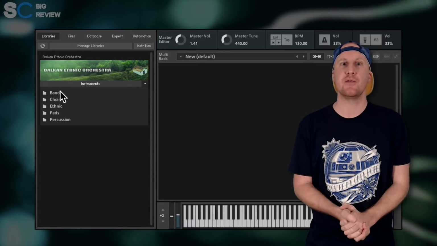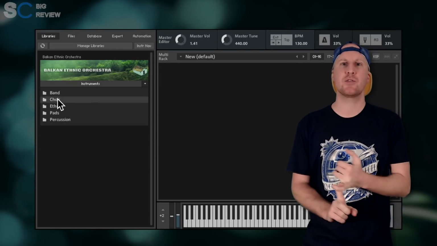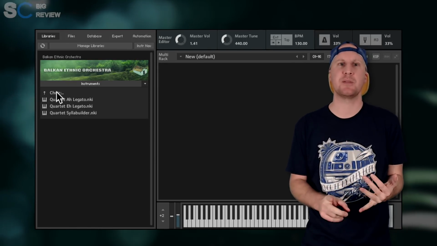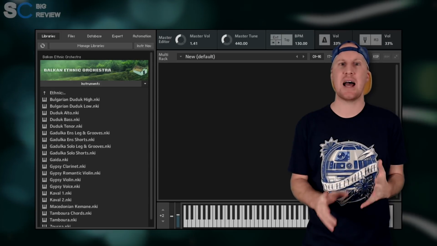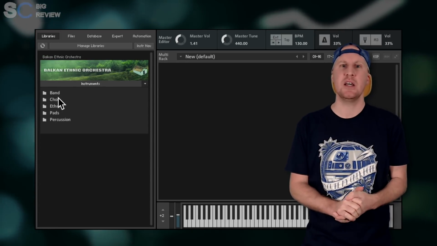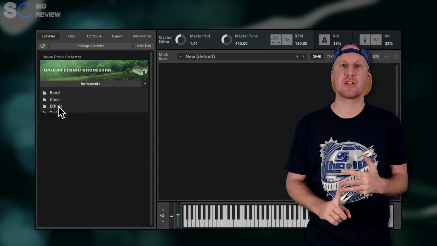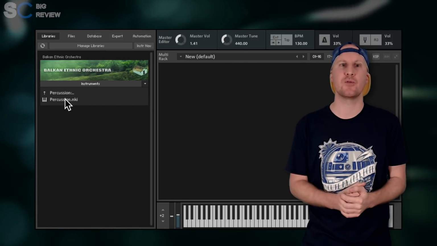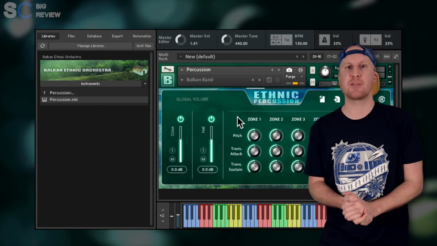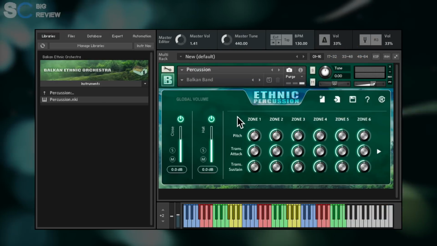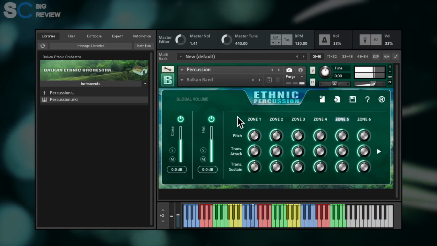The library is split into 5 distinct sections. You've got band, which is all solo instruments from a gypsy band. There's choir with words and a syllable builder. You've got ethnic solo instruments, various pads playable on all keys, and a percussion patch, which is based on the engine from Tūpans. So let's start with that percussion, which is one of the most basic patches in the